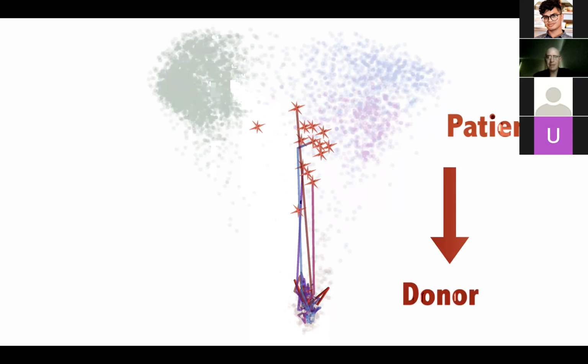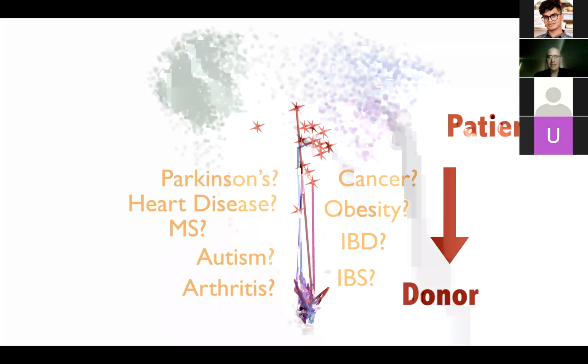But the broader question that we have is, for what other diseases can we identify a problem with patients, whether it's something obvious like you're seeing here in C. diff, or something much more subtle like obesity, and then guide it back into the healthy microbiome state? So what we want to do is to do this for all these different diseases that have now been linked to the microbiome, including things like IBD and IBS, but also more surprising things like cancer, like heart disease, like autism, like Parkinson's, even Alzheimer's we're working on at the moment.